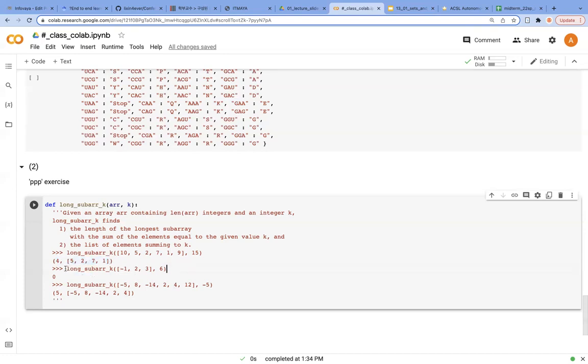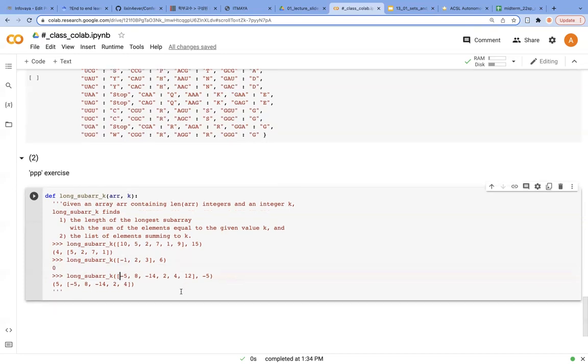When we have a look at the second example, -1, 2, 3, this one does not sum to 6, so it's going to return 0. And when we have a look at the last one, we want to sum to -5. When we sum up to this position, it's going to sum up to -5, and the length is going to be 5. All right. Please send me a PPP message before you tackle this problem, and take some time and